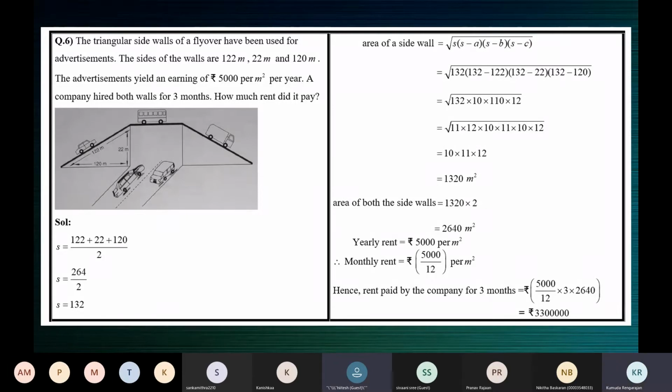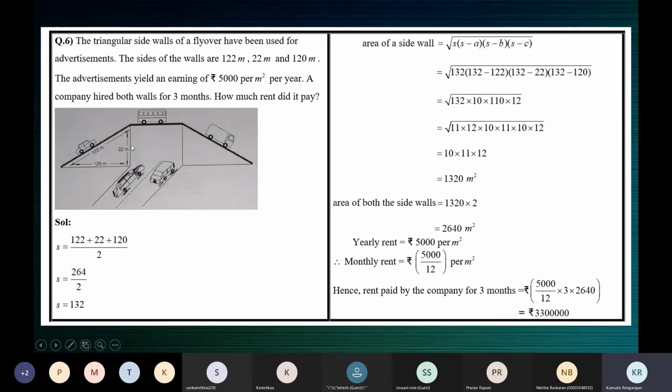When we use the formula half base into height, there are three numbers. You will be taking one as the base and the other as the height. So which number is not used in area calculation? 122, ma'am. Because if you have to use 122, the altitude on 122 should be given to you. Look at the figure here. When you take this as the base, this is the height. Now we proved the right triangle, so opposite to 122 is the right angle. This is the longest side.